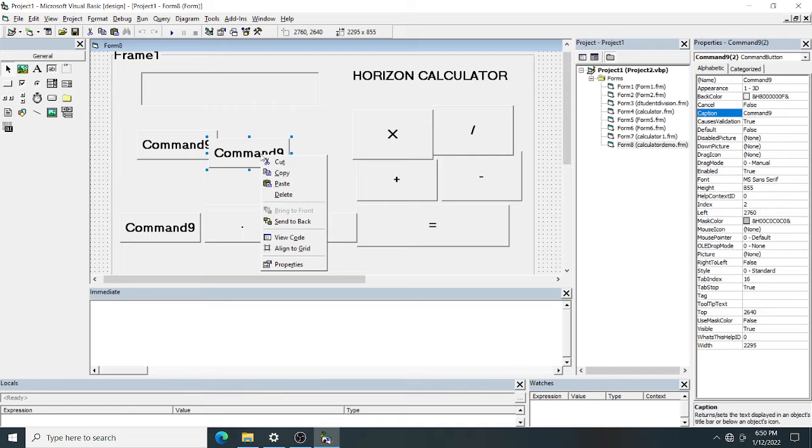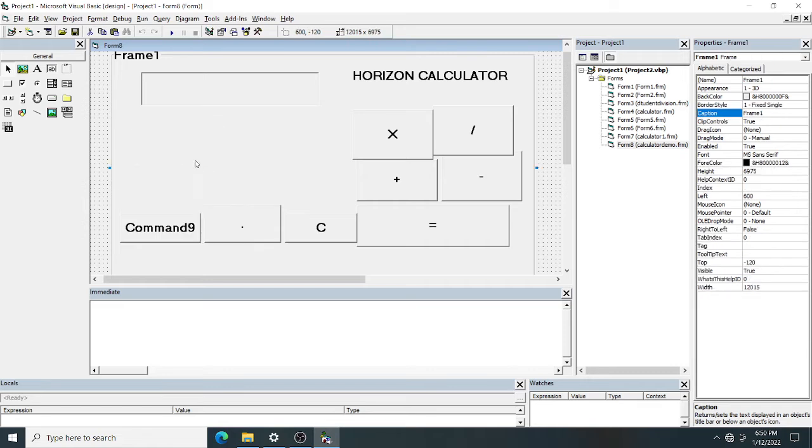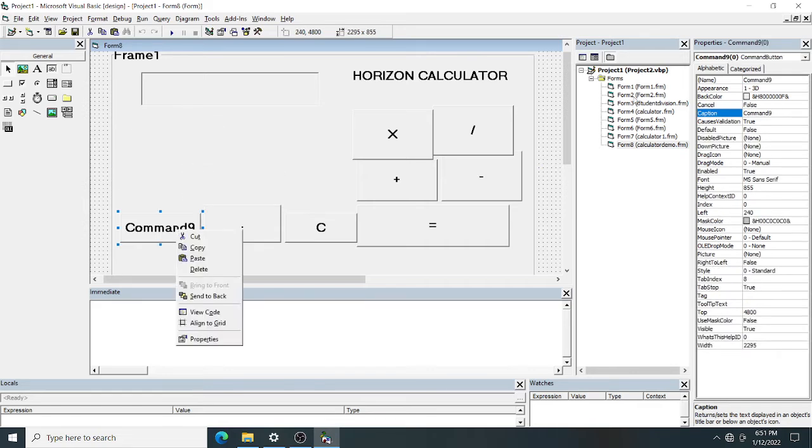Command 9 button 2. So instead of that, we will create the control array of buttons. The name will be the same but the index will be different. Because I want to change the name, I will go to this command button and change the name to digits. You can see I have given the name digits. And because this is the first caption, I can change it. I'm changing the caption to, suppose, 0. Later on we will do those things.